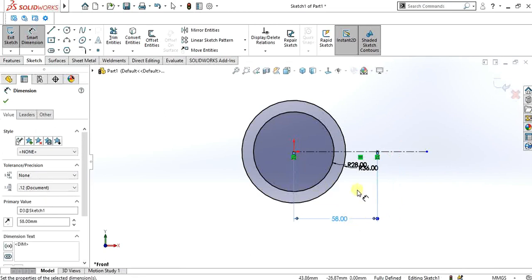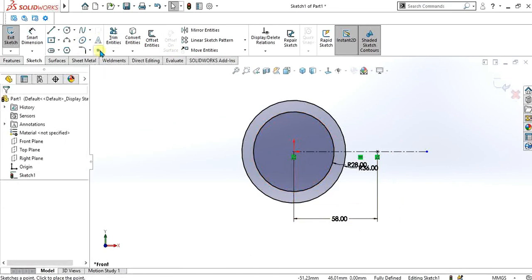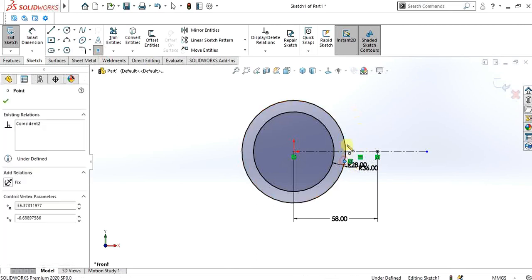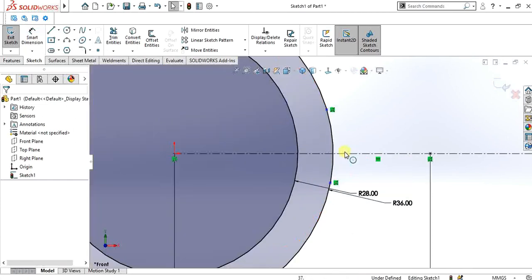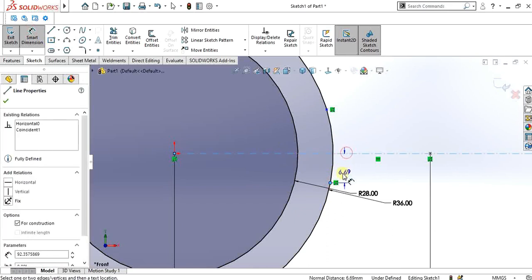Now we will make the reference points here because our total distance is 24, therefore we are giving the distance from this reference point to the center point of 12.